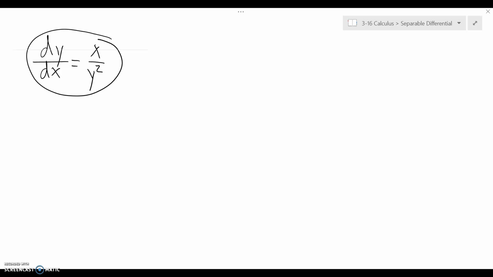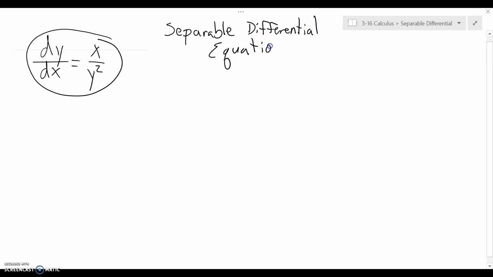Okay, so this is the second problem of the 4 that we did in class on March 16th, which was our last day together as a big group. So this is a topic that is called separable differential equations. And I'm going to use the same differential equation that we used with the slope field that we drew